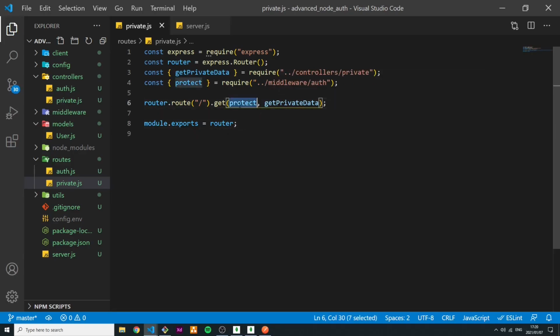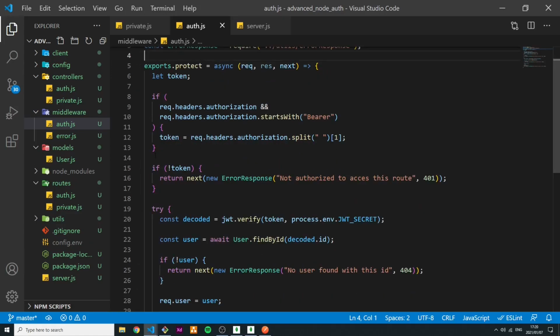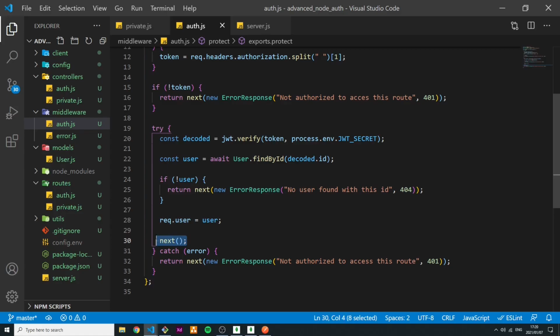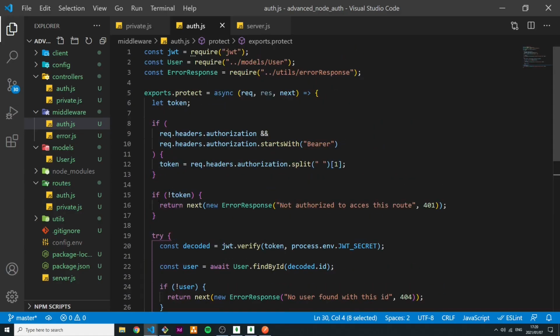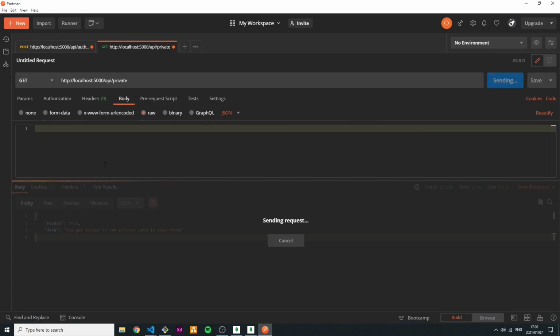And the reason for this is if we don't pass a JSON web token, it's never going to call next. So in here, if something went wrong, it never calls next for us to continue to the next route. It just calls next to send us to an error page. So here, if I were to send now, it's just going to hang. Let's go to our